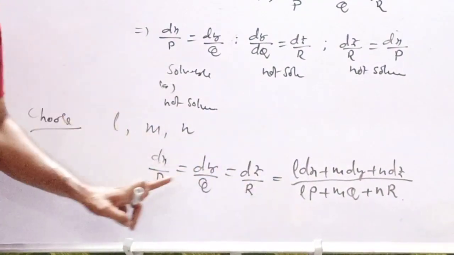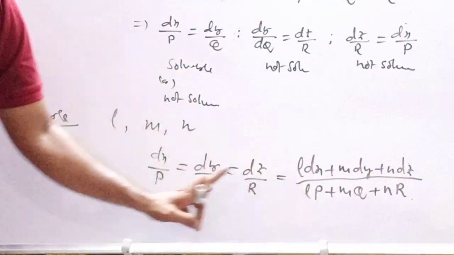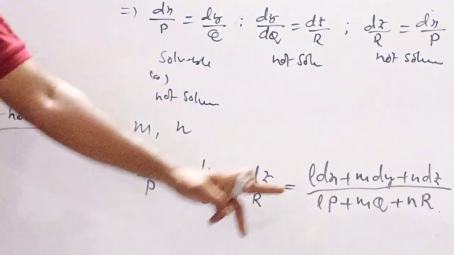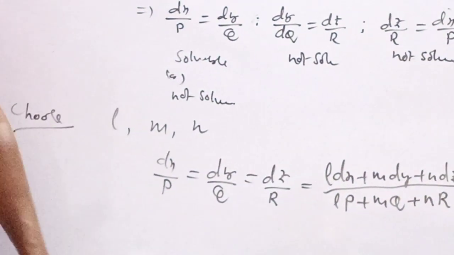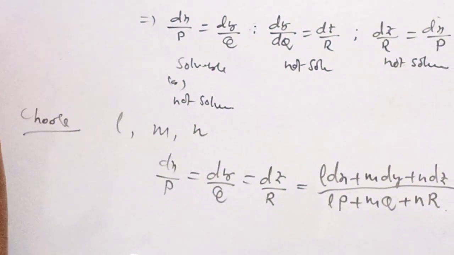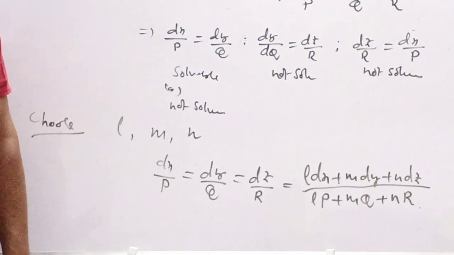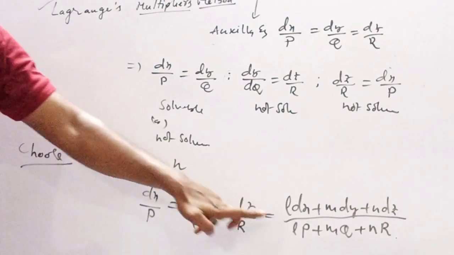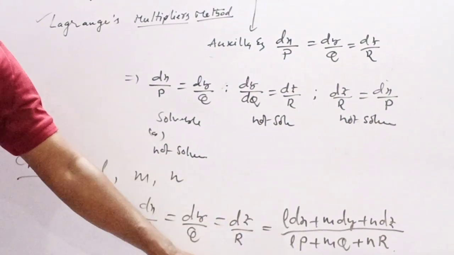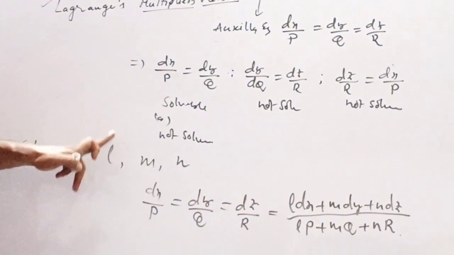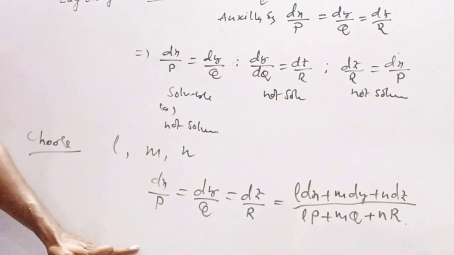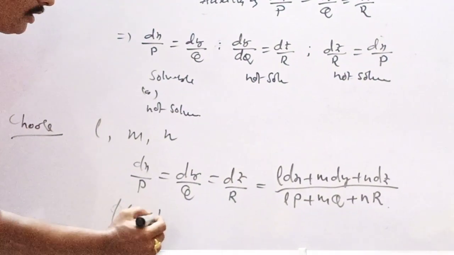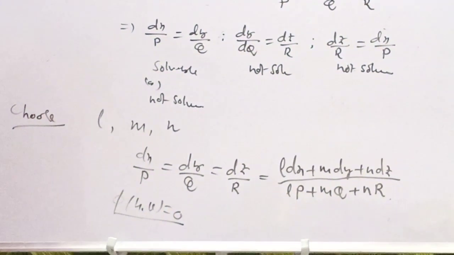With this fourth term, again you rewrite 1 and 4, 2 and 4, and 3 and 4. Again we have three different equations. Out of those three different equations, at least one solution is required. Suppose it is solvable and we get one solution, then we call the first one u and the second one v. Then you write phi of u comma v equal to 0 as our solution.